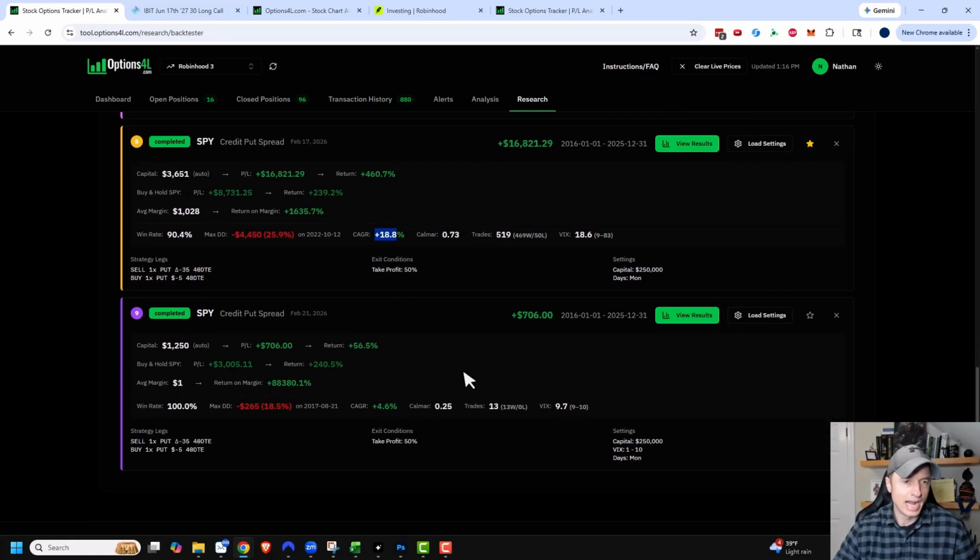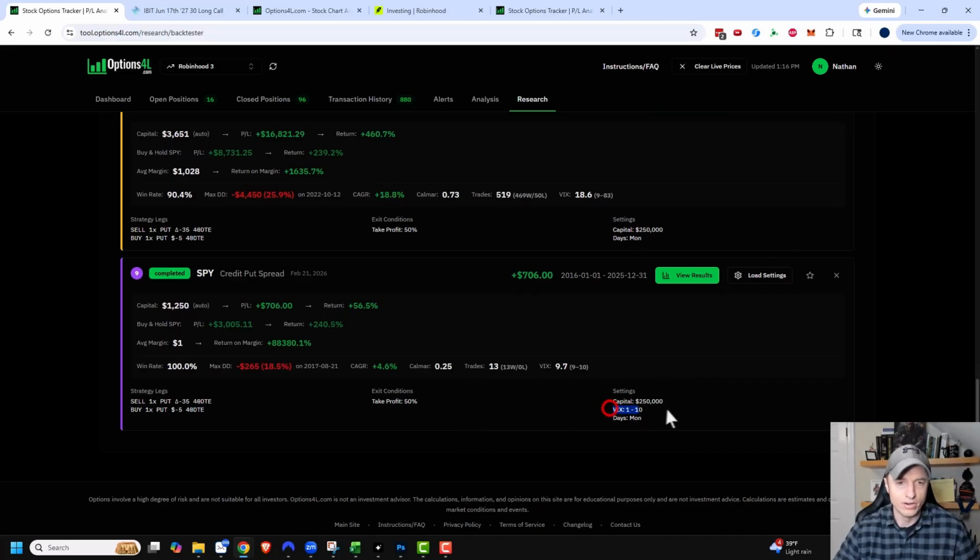And here's that one outlier that had the very low VIX. So you can see we only had 13 trades right here, and our max drawdown was only 18.5%. So really small max drawdown. Our CAGR was 4.6%, return was 56.5%. Our Calmar ratio is 0.25. And so obviously the times that the VIX are that low is very, very minimal. It was 13 trades in a 10-year period. So it was just an outlier, kind of stood out, but I don't think that's a real actual investing